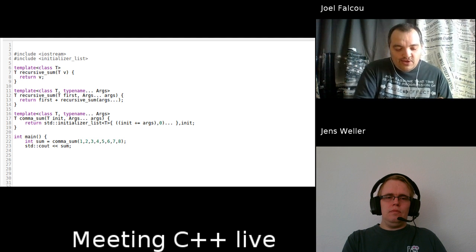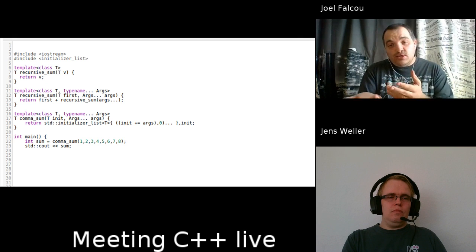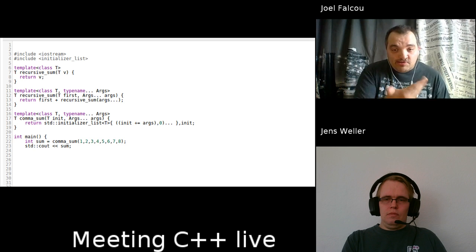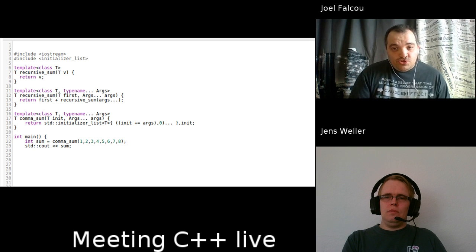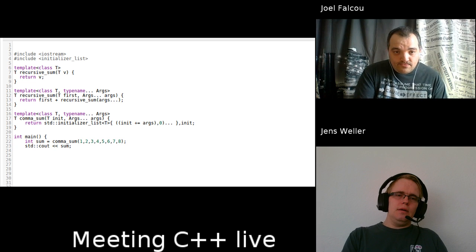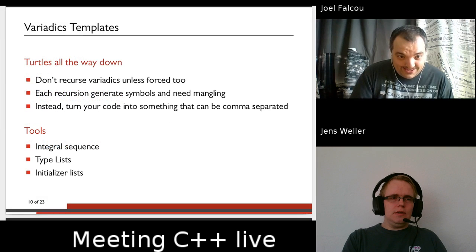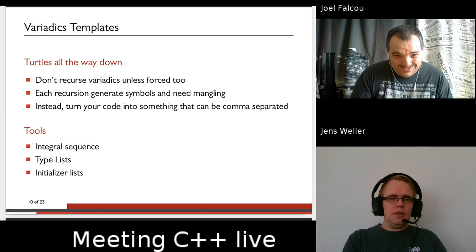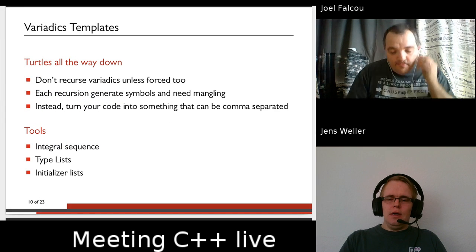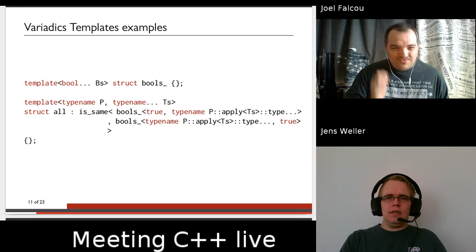So what do I want to do now? I want to repeatedly call something that contains my argument pack. So there, what we want to do is a sum. So we start by saying, okay, let's do the sum. But if we switch back to your slides, when we have now seen the code, you also have an example for that in your slides. And you also show that it actually gets